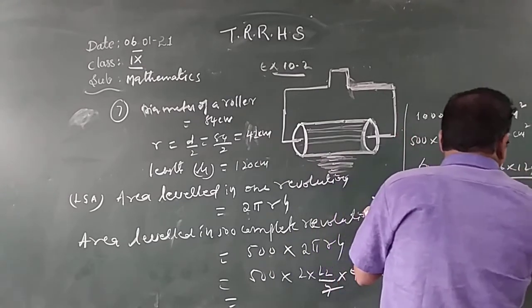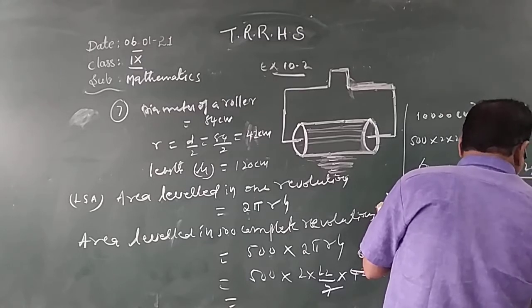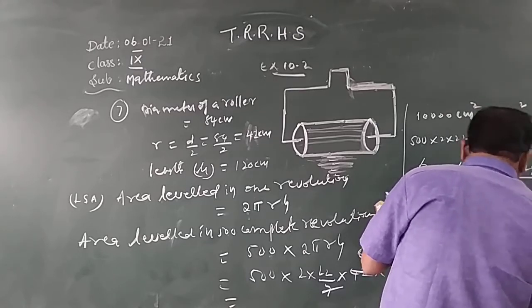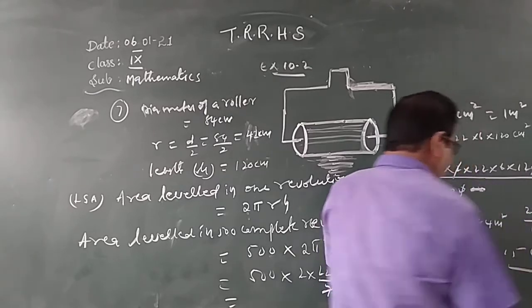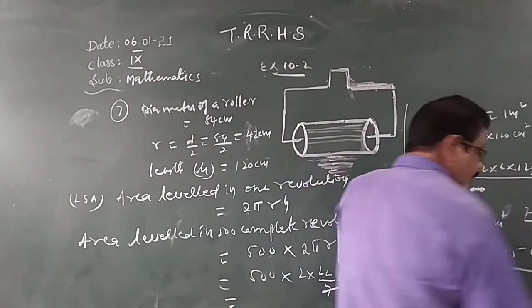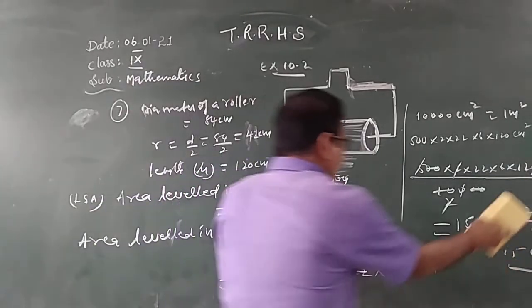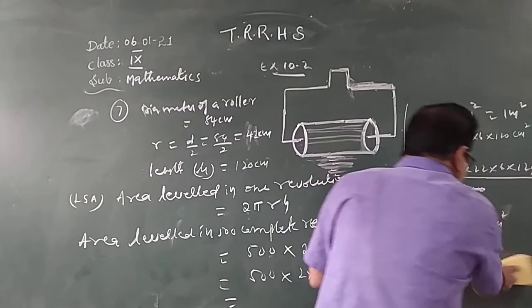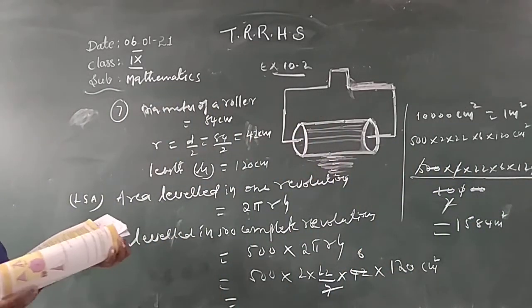12 is 72, 22 into 72, 2 to the 4, 7 to the 4 is 3, 4, 1584. 1584 square meters. Children, nothing is there, I just changed it to square meters, because he asked to express the area in square meters. We got the area in one complete revolution.